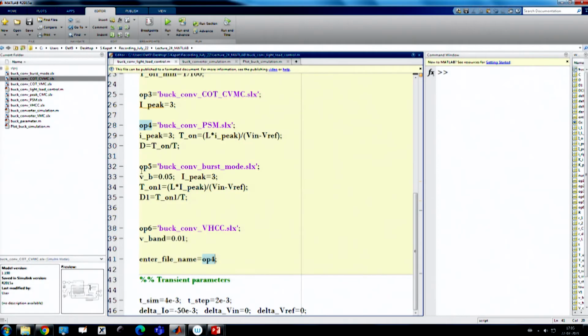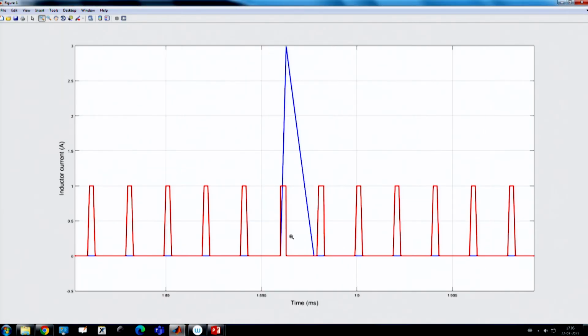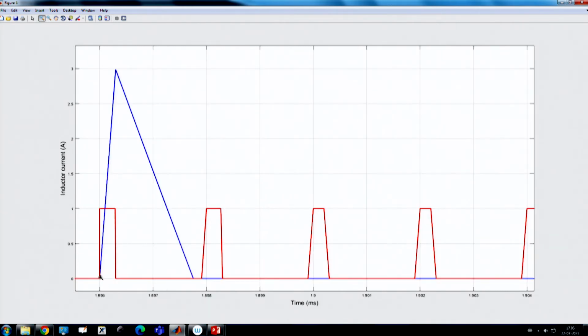Okay, so I am setting a duty ratio D because I want to ensure that for this duty ratio I achieve 3 ampere current. I can directly set the value of the duty ratio, but here I am using an indirect logic. So, it is setting sort of 3 ampere current. Next, whenever the next pulse comes, it will compare.